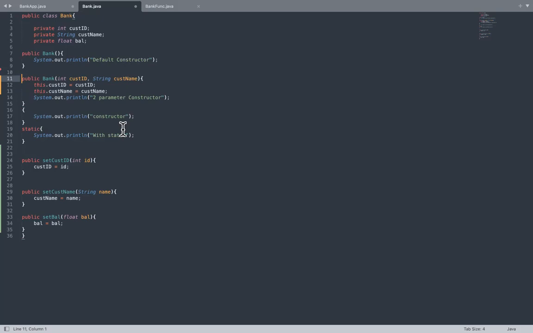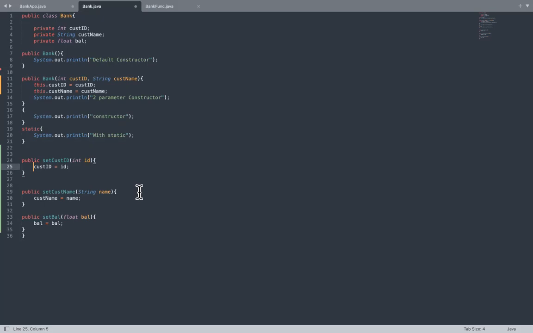This parameter can be used only for the constructor thing or even for the method section? No, even if you're setting the value, right, in line number 25. So right now he has given int ID. Instead, if he has passed the value as int cust ID, there he can give this dot cust ID equal to cust ID.